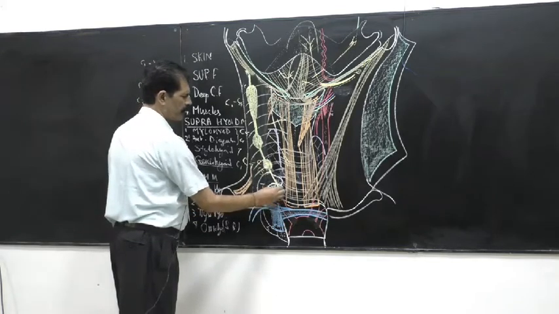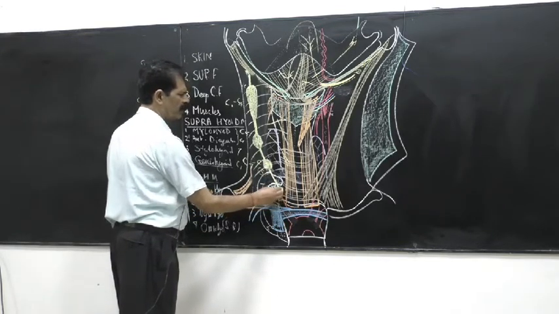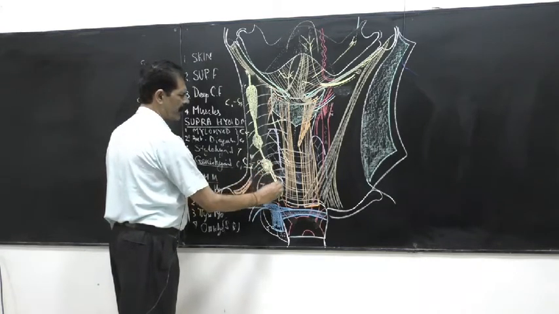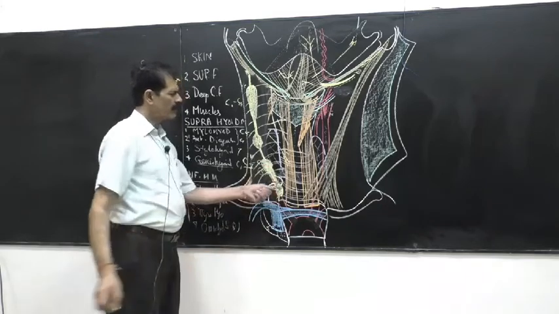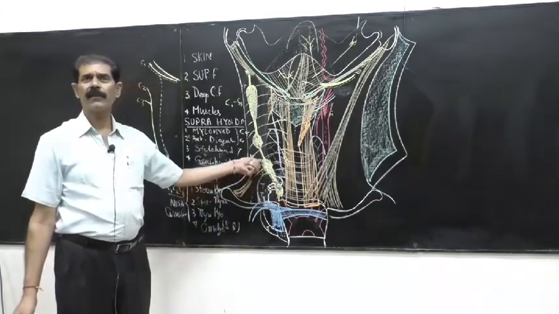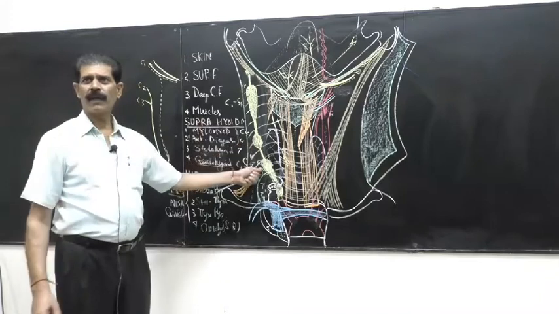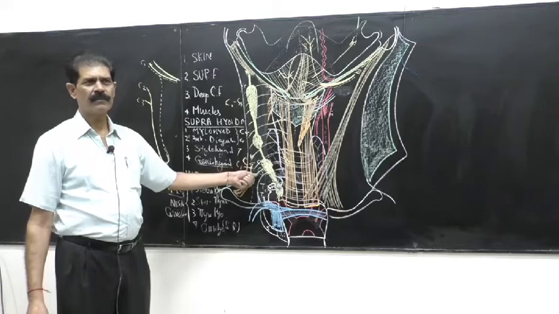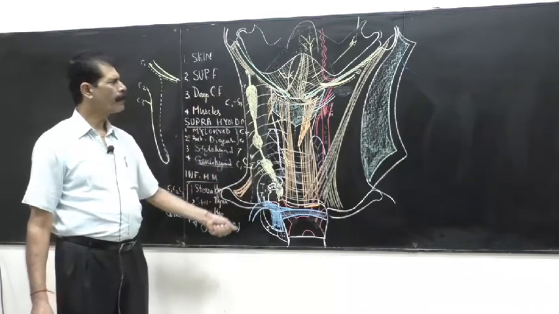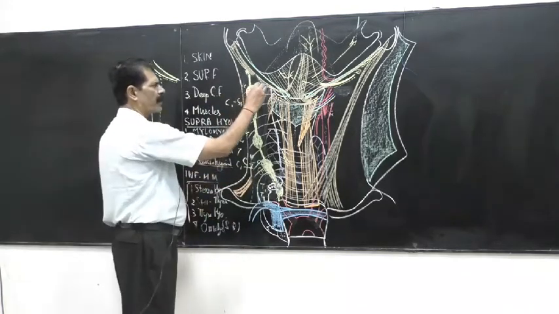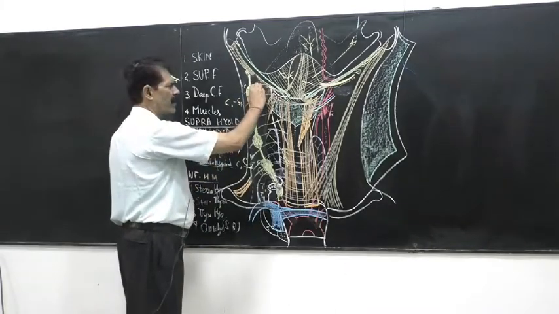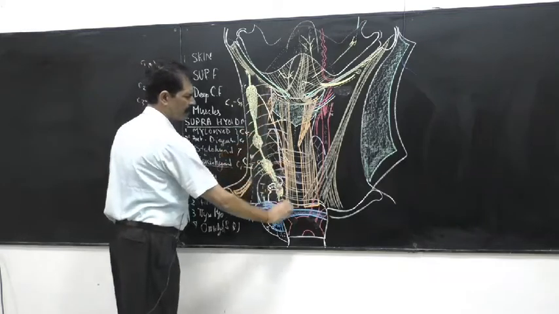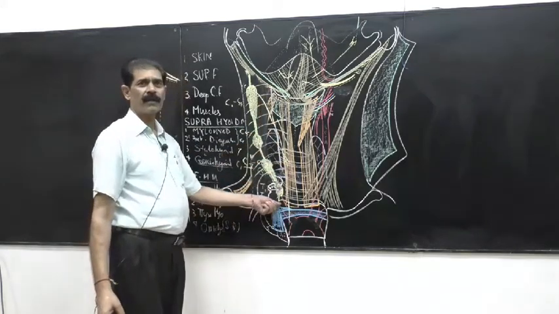Sometimes the first thoracic sympathetic ganglion and the inferior cervical ganglion meet together. They form the cervicothoracic or stellate ganglion, star shaped. A large ganglion is formed by T1, C7 and C8. So this is the sympathetic chain. The branches from the ganglion, medially, are the cardiac branches. They go to the heart. Sympathetic supply to the heart.